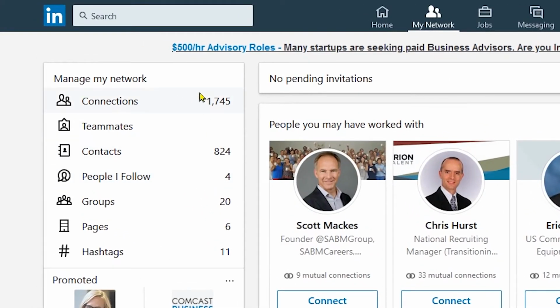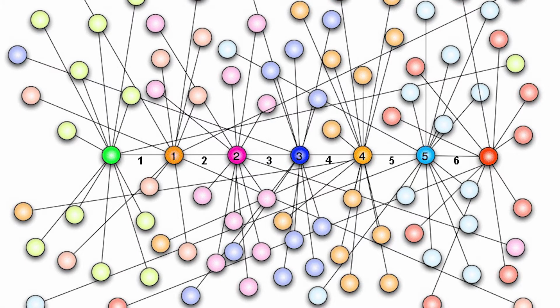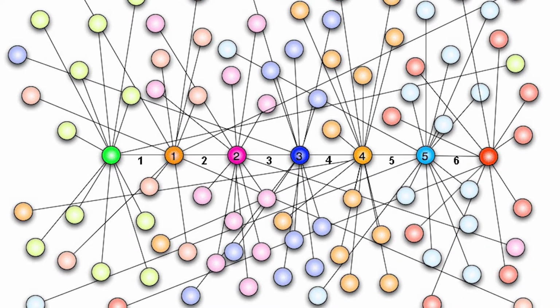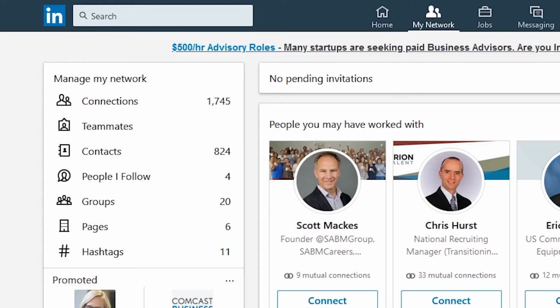Now, my network connections are 1745. I don't do this for 5 minutes every day, but what you want to do is get your network up to over 500 or more. This is when the 6 degrees of separation phenomenon really starts to be leveraged. That means you are 6 hops away from anybody in the world. That isn't even in per se LinkedIn, but LinkedIn really leverages this when you start to get around the 500